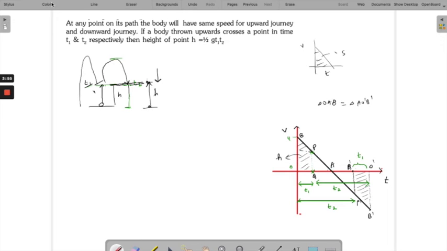Let's represent that area with another value a1. Let's say that is a1 here, and this area is a2 here, and this area is a3 here. Now the equation that we have essentially is that a1 plus a2 plus a3 should be equal to the total displacement of the particle, which is h. Now you can see here a2 and a3 are going to be equal and opposite, so they're both going to cancel out each other. So a1 is supposed to be equal to h,